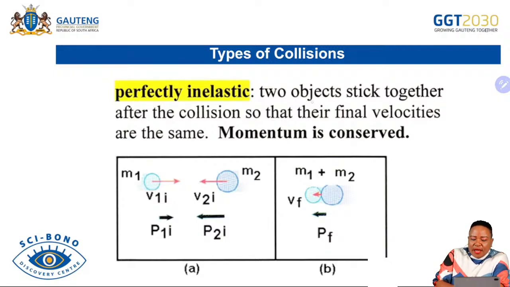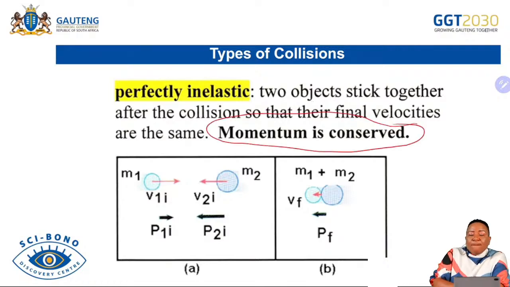So let's look at, okay, now when we talk about energy, conserved energy, we are not referring to momentum. Momentum will be conserved. Remember, momentum in an isolated system will be conserved. So what will happen in an inelastic collision? We expect momentum to be conserved, but what will not be conserved is energy.